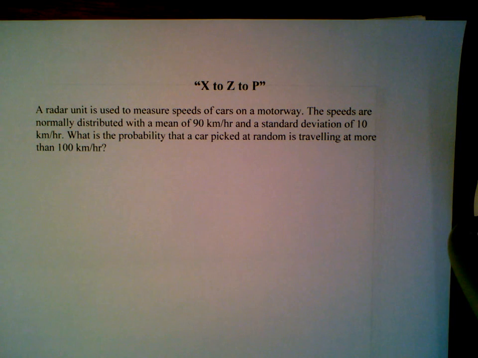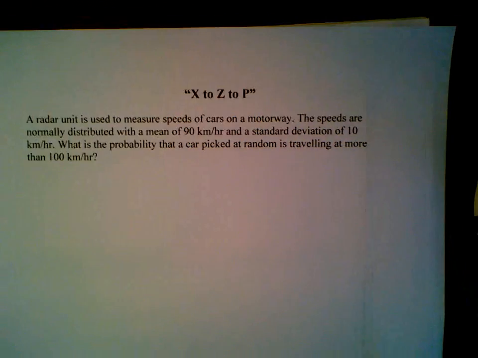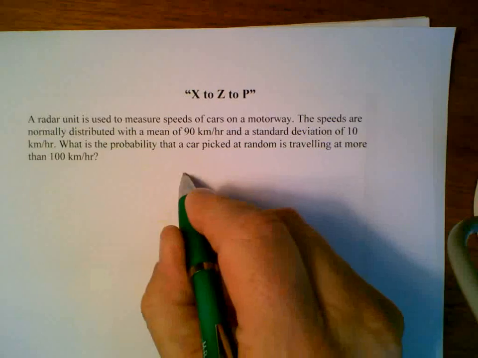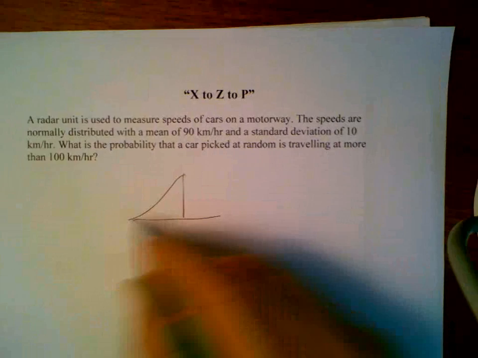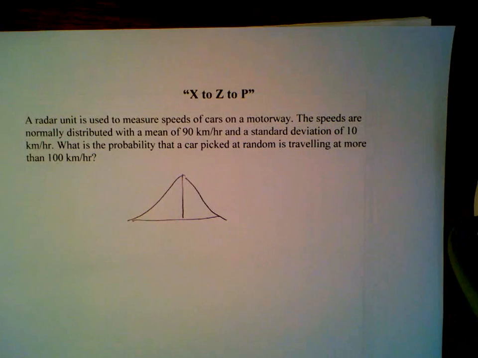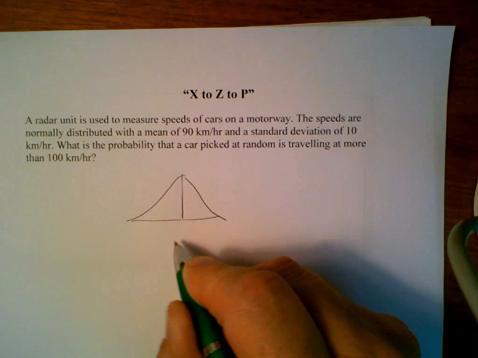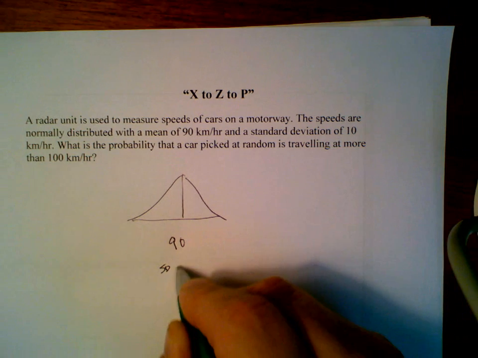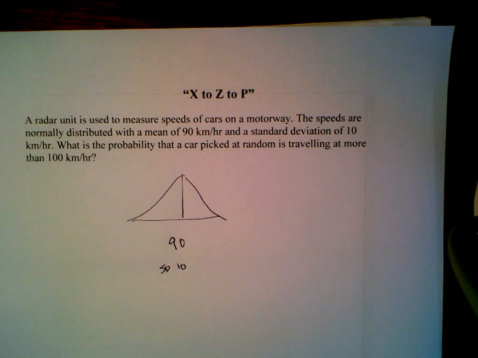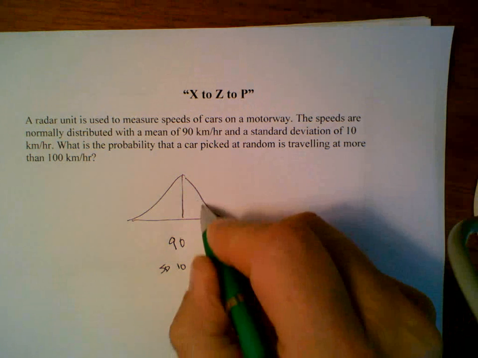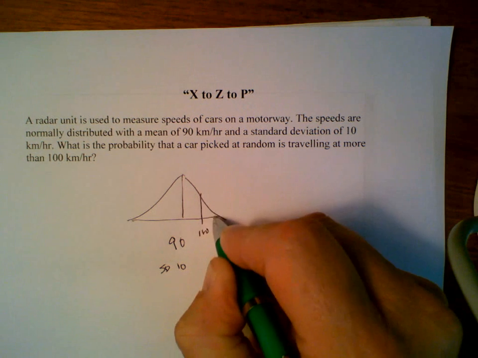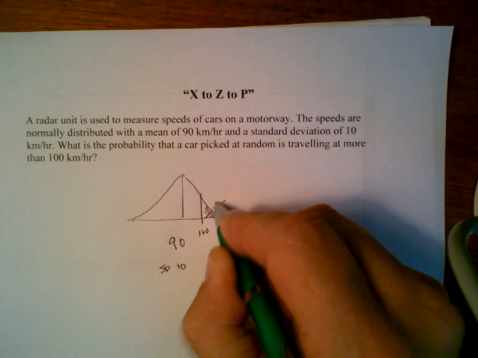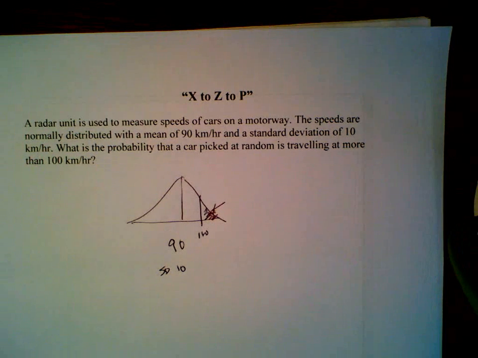Okay, now as I've explained in class, anytime you see something that says normal distribution, you will probably need your sketch here. And it doesn't have to be pretty. You want something that looks like that. We're told that the mean of this distribution is 90 km and the standard deviation is 10 km per hour. And the question they're asking us is, what's the probability that a car picked at random is traveling at more than 100 km per hour? Well, here's 100 on our graph, and there's the tail that we want to find the